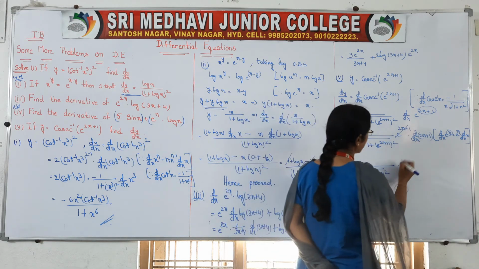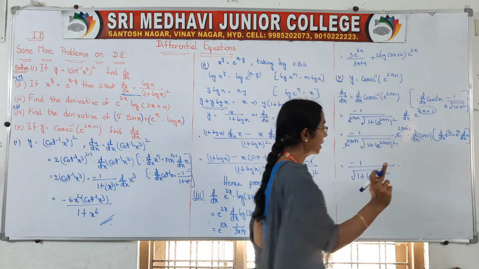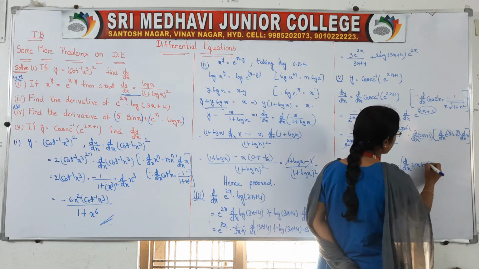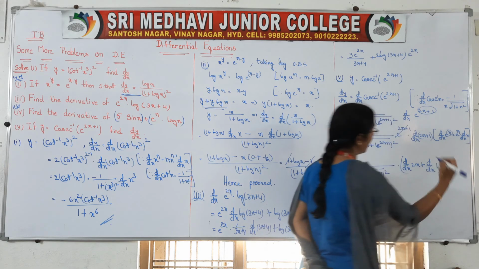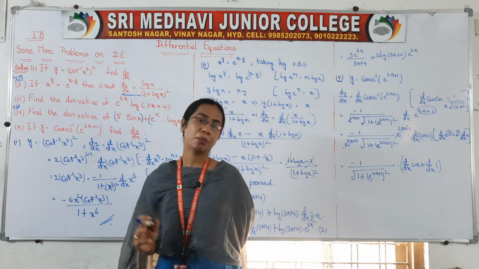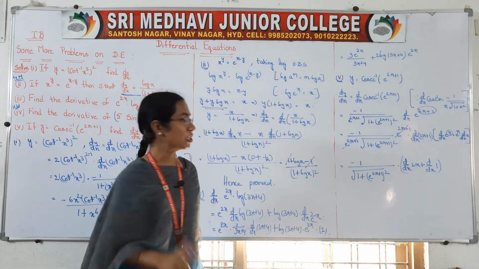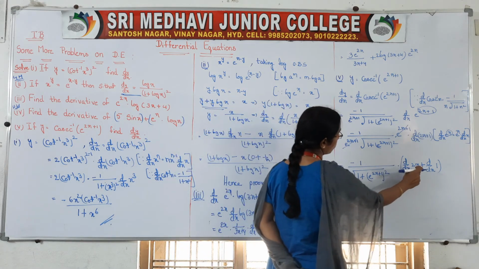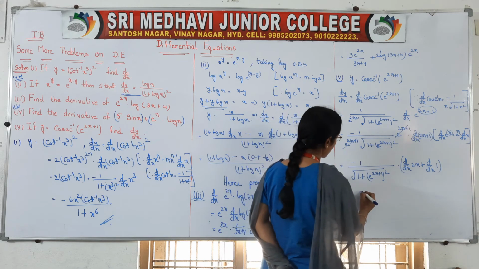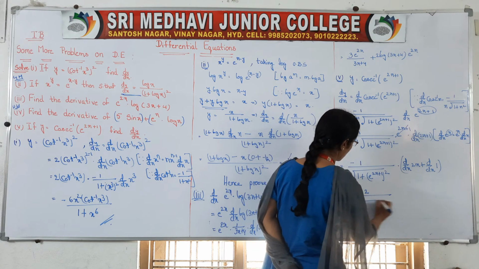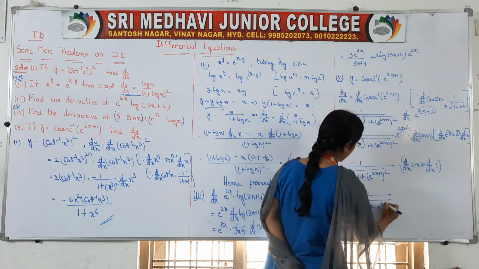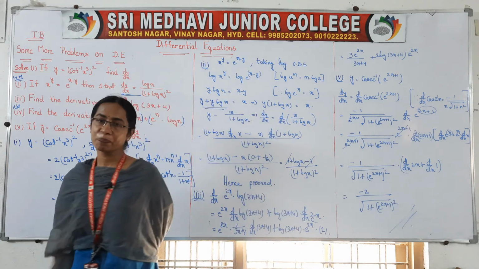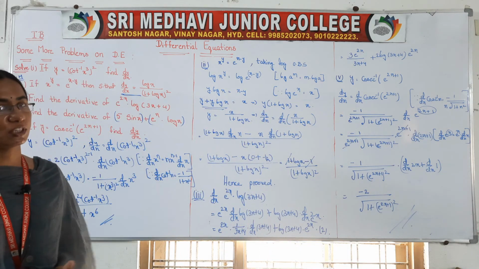Whenever plus is there, we have to take separate derivatives. So it is d by dx of 2x plus d by dx of 1. The derivative of all numbers is equal to 0, so d by dx of 1 is 0, and d by dx of 2x is 2. 2 into minus 1 is minus 2. So minus 2 by root of 1 plus e to the power of 2x plus 1 whole square is the answer. So that is our fifth question.